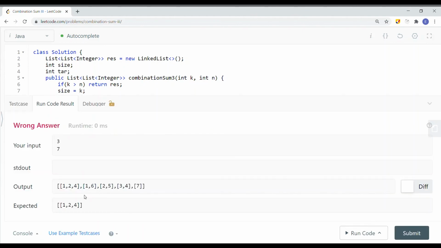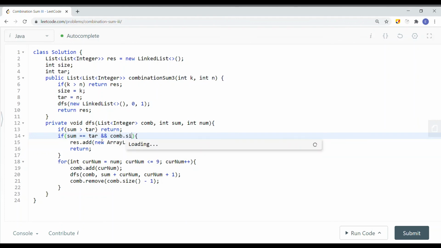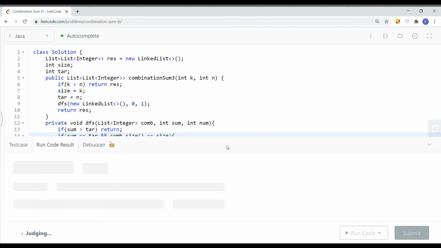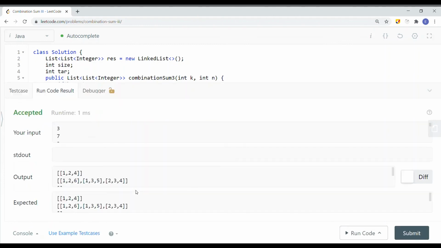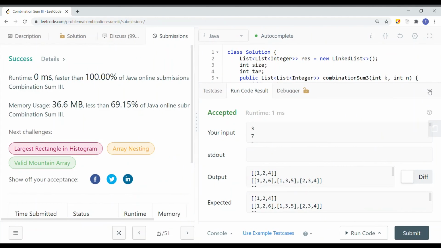We notice that there's another thing that I forgot to do. We have to make sure that combination.size must equal the size. If it's not equal to size, we cannot add this element. And let's try with a few more examples. Okay, I think this is an easy question. So you can see here we have our 6